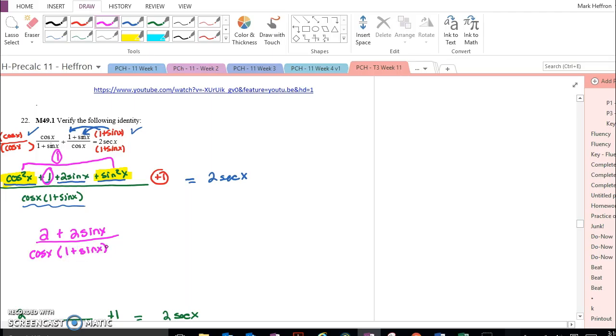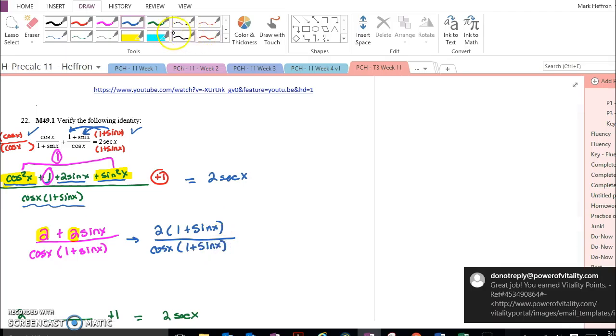And now hopefully you can see that there's a 2 in each of these terms. And so I can factor that 2 out and get 2 times 1 plus sine of x all over that same denominator, which conveniently has 1 plus sine of x in it. So that can be canceled out,